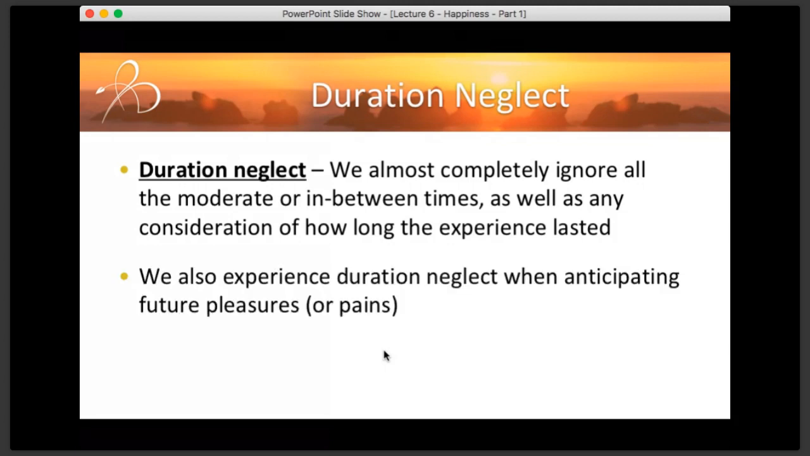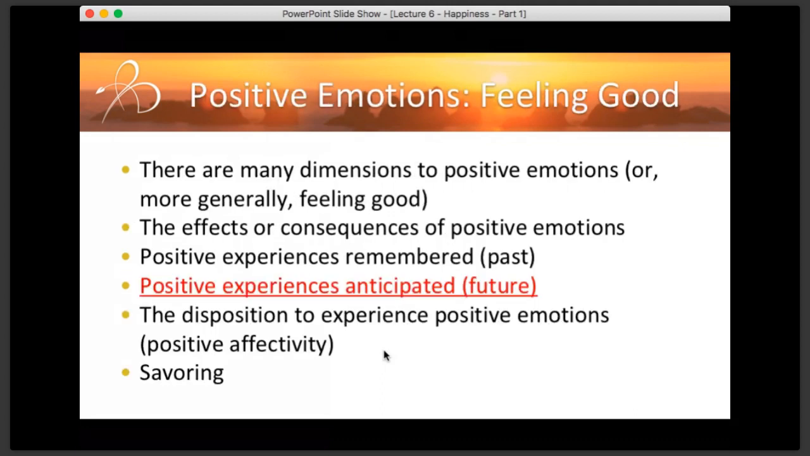You know what's weird, though, is that we also experience duration neglect when anticipating future pleasures. Like, we get the timeline all wrong. So let's take a look at that research now. What happens when we consider positive experiences as we anticipate them to be in the future? So this research